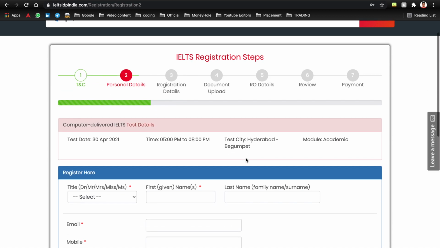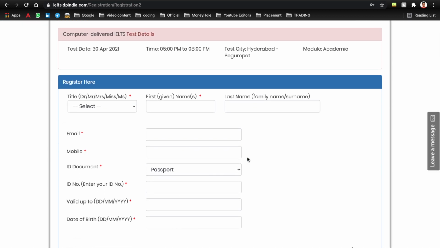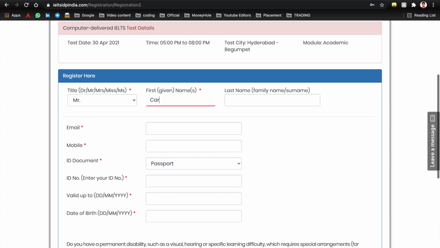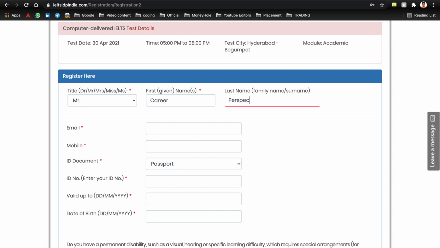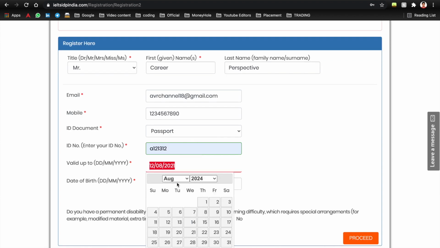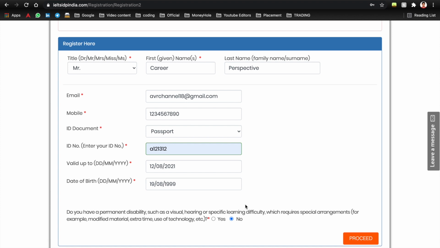And now you can find a form asking for your primary details. So fill it as per your passport. And once you have filled your details, hit proceed.